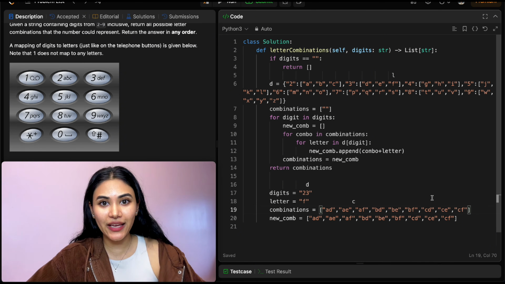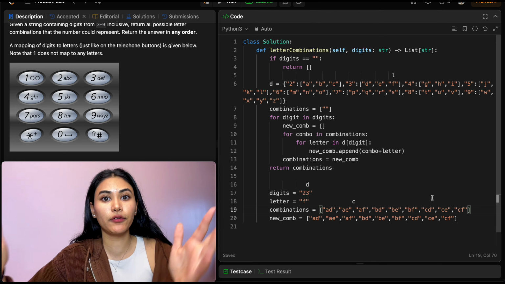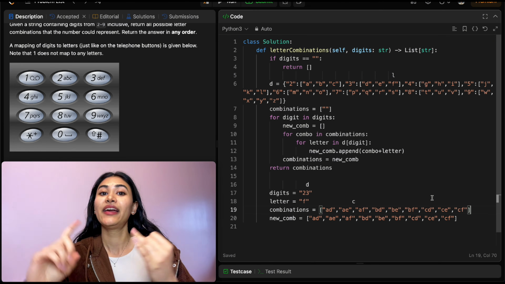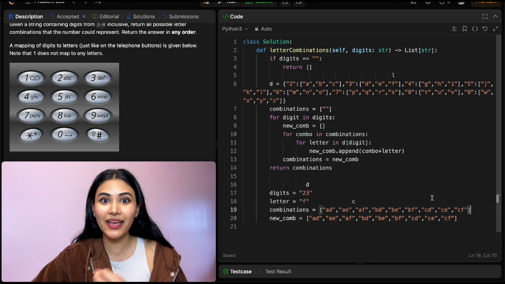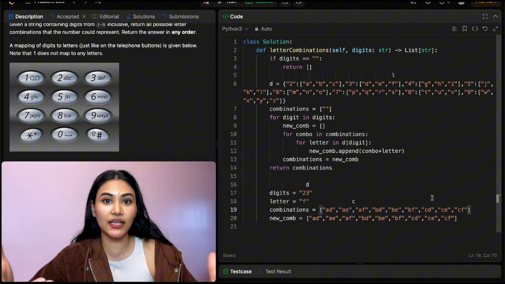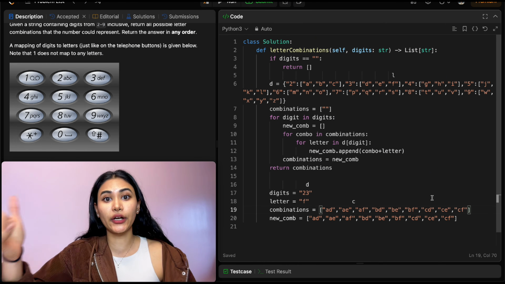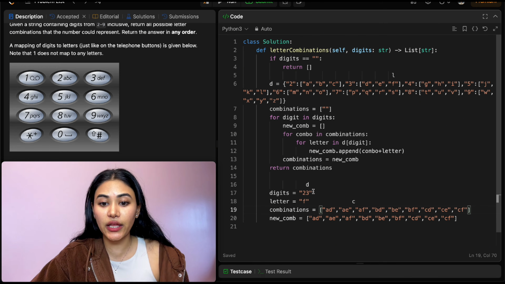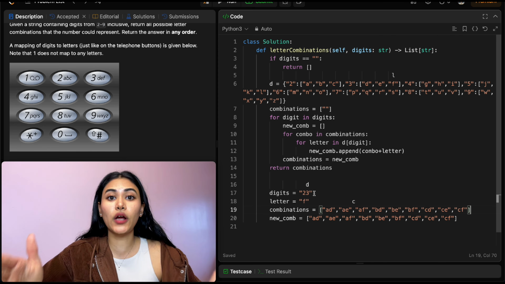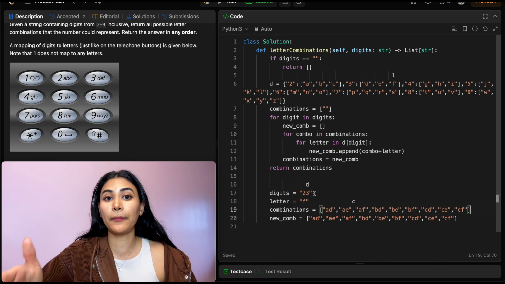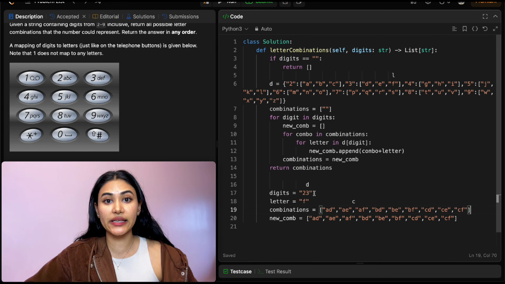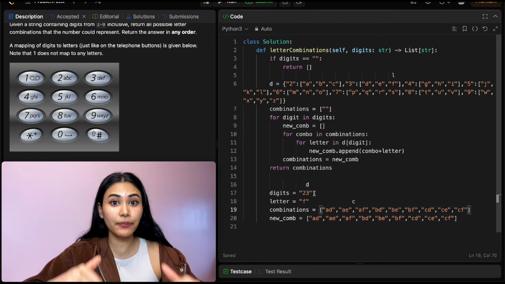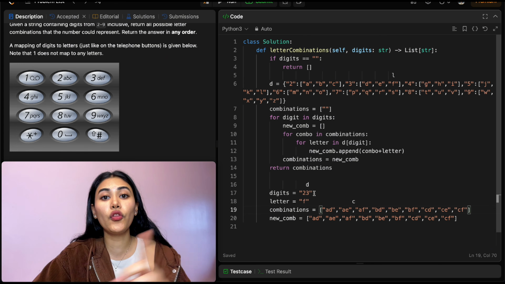So we just solved this iteratively, and we can also take this problem and solve it recursively. It's going to be very, very similar. It's going to be the same loops that we're using. It's going to have the same time and space complexity, and it's going to be the same logic, essentially. The only difference is that an iterative approach is generally always breadth first search, right? Based on every digit that we passed, we were completing all the combinations we could up until that point for that letter. The only difference is that with a recursive approach, usually instead of a breadth first search, it's going to be a depth first search. So we're going to make all the combinations we